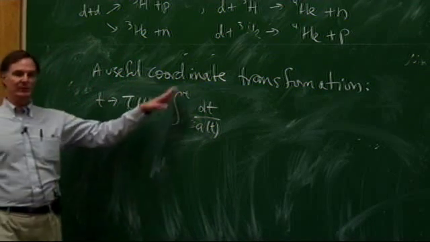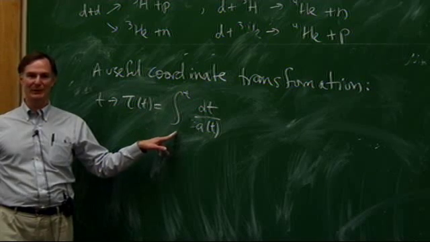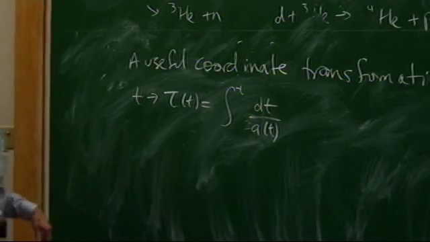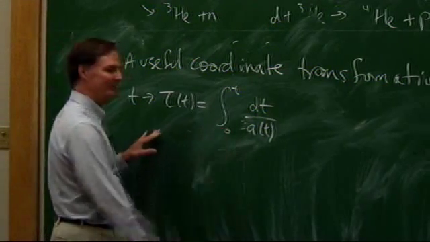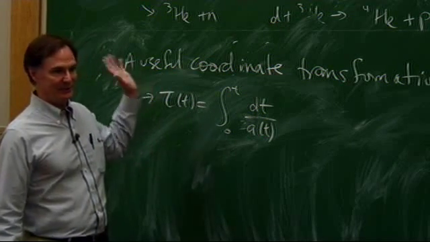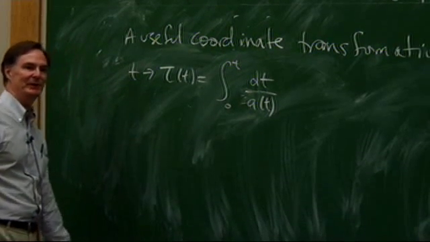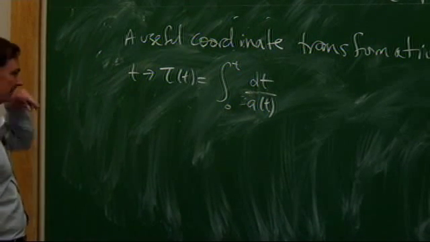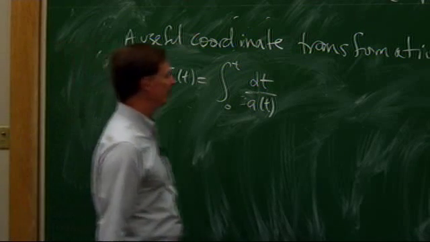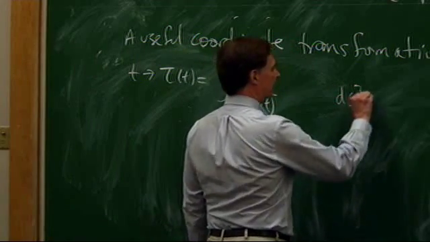So I have some problems in doing this integral because I don't know what to put in for the lower limit of the integral. Maybe I can put in 0, but what does 0 mean if the universe actually has infinite age? I don't know. All right, I'll be daring and put in 0. Does the integral converge? There are very interesting questions here, which are very different in an inflating de Sitter space than they are in standard Robertson-Walker. But with this coordinate transformation,